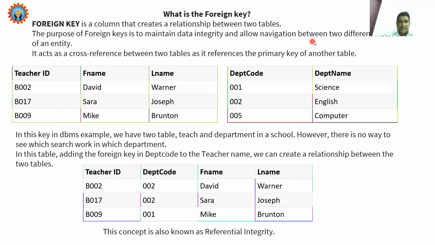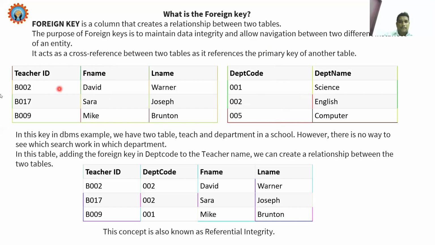It allows navigation between two different instances of an entity, because now I am asking a particular query: which faculty, this is the faculty relation, and this is the department relation. Now I'm asking which faculty is going to which department.